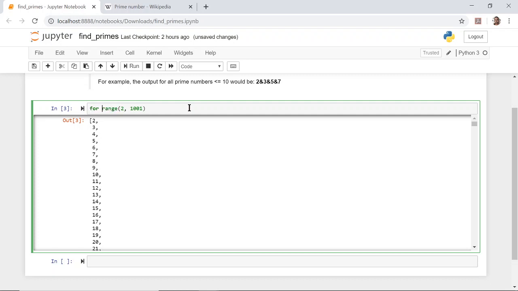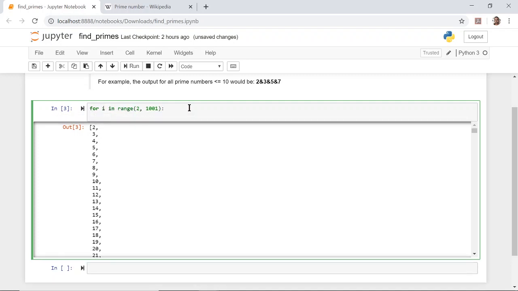Let's iterate for i in this range, and then now we need to evaluate each number. The first number coming in through this iteration would be 2, and we need to evaluate if it is a prime or not. So how do we evaluate a prime number is basically we can take a modulo,